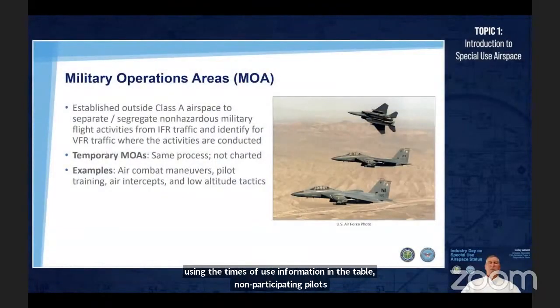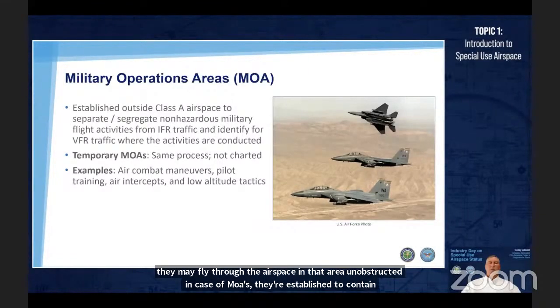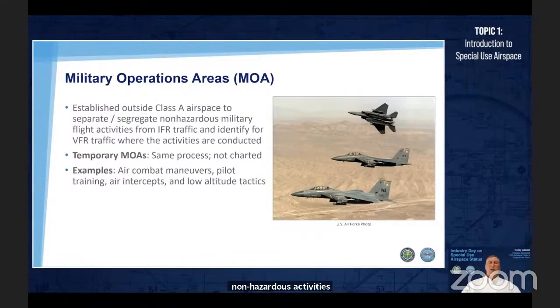In the case of MOAs, they're established to contain non-hazardous activities and do not extend into Class A airspace. They separate non-hazardous activities from IFR aircraft, and for VFR aircraft, identify where the non-hazardous activities are. VFR aircraft are not denied access through active MOAs, but IFR aircraft may only be routed through active MOAs as contained in the letter of agreement between the using and controlling agencies. This letter of agreement establishes the procedures to ensure separation from the military